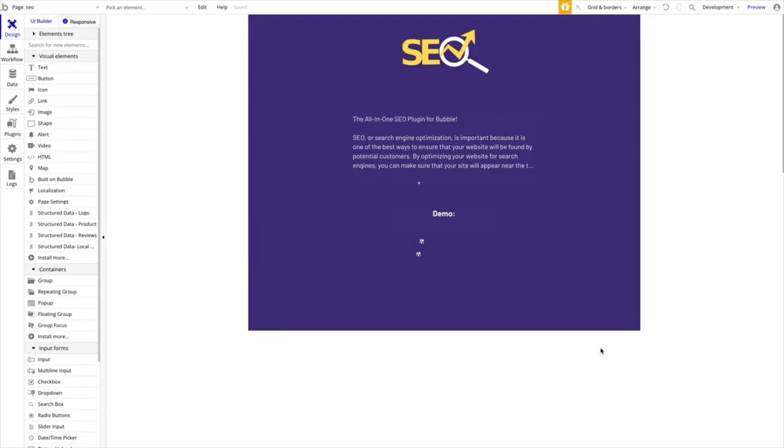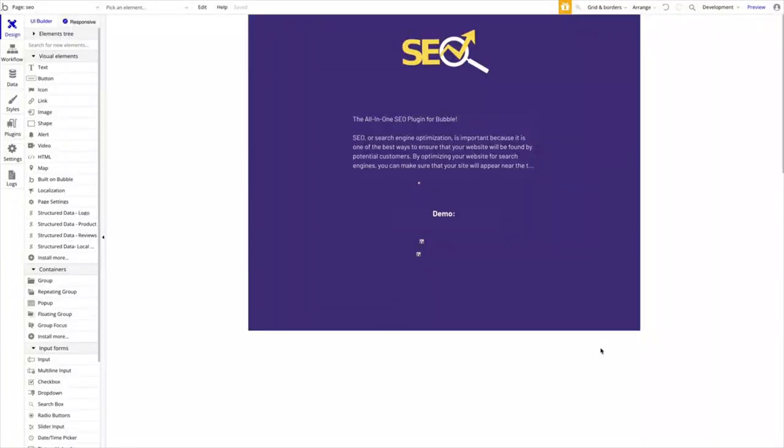And there are a few things built into Bubble, but Bubble is not the strongest in terms of optimizing your application, your pages, and so on for the search engines. And there's a few things missing, and we decided to build a plugin. So this plugin, as of today, entails three different types of elements, but we're planning on introducing more and more over time and building this plugin out to be the number one SEO toolkit for your Bubble application that you will need to really take your Bubble app to the next level in terms of search engine